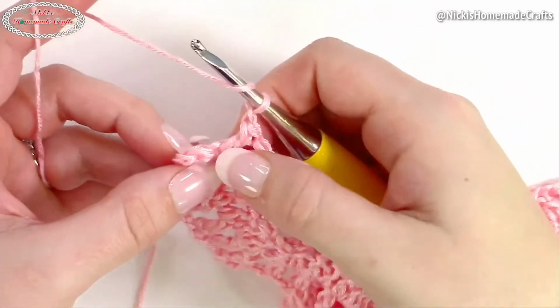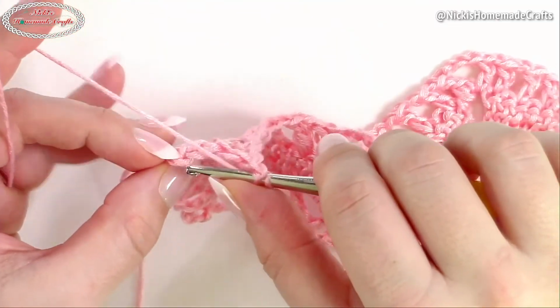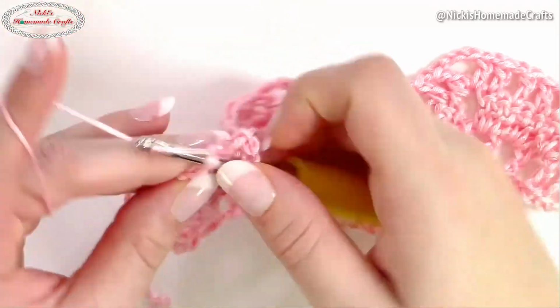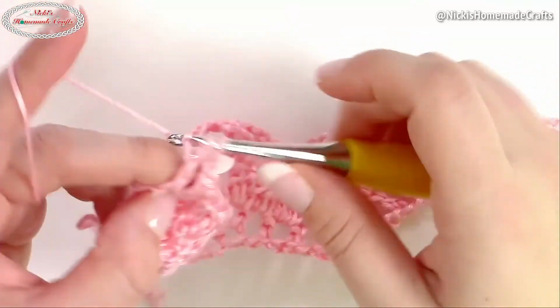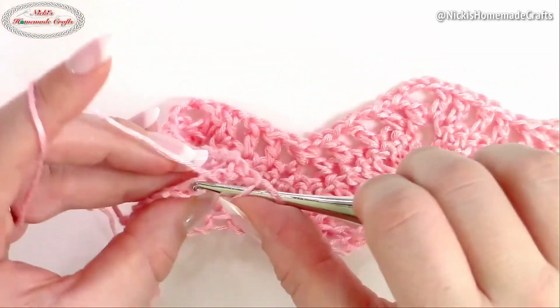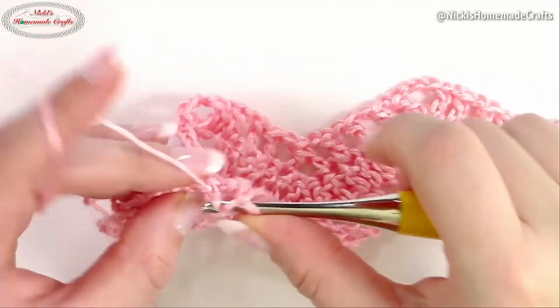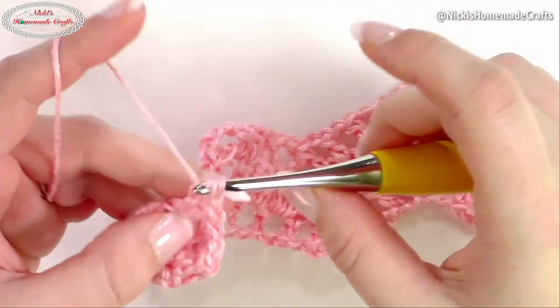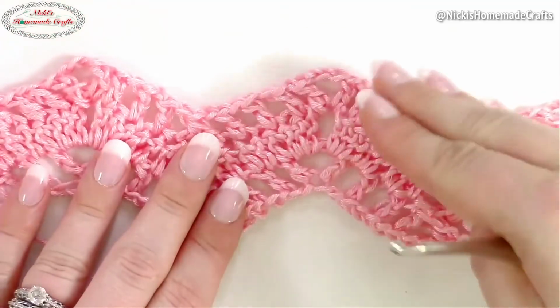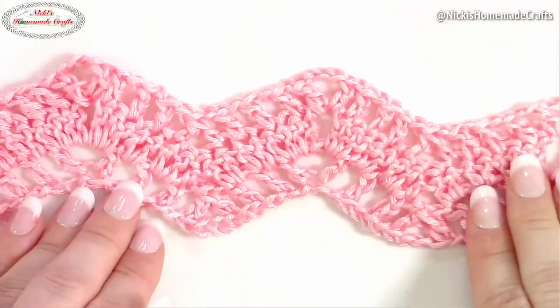All right, so at the very end here, as I mentioned before, we're going to crochet right on top of the alternative turning chain or the chain of 3. You're going to place a double crochet, a chain of 1, and a double crochet. So there are lots of increases in these 2 last rows that we made, but it's the same thing over and over again. It's the same pattern